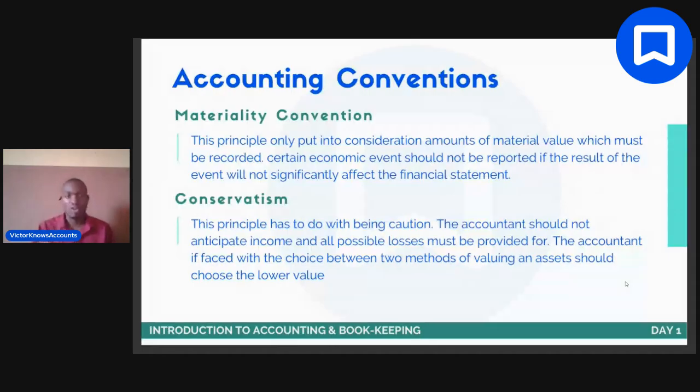create provisions for them. That's what gives rise to items such as provision for doubtful debt. When you think that you might probably lose money as a result of your debtor defaulting in payment. Maybe if your debtor refuses to pay, then you will not make that particular money. So you provide for it because it's a possible loss. All right, because you don't know whether they will pay or not. By so doing, your profit is lower. But at the end of the day, you might get a greater profit. But if you don't get a greater profit, you will not get a profit lower than that. Do you understand? Are we together?